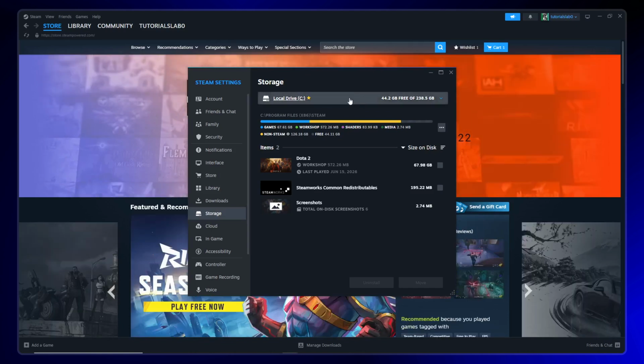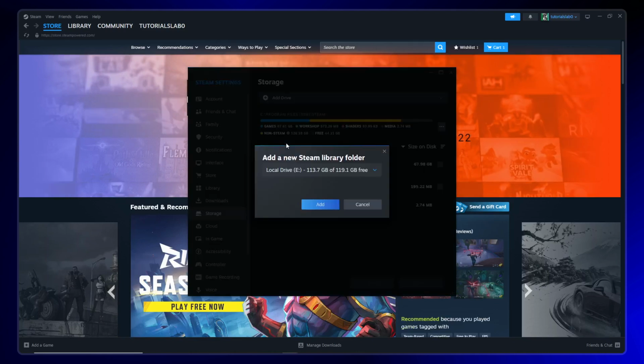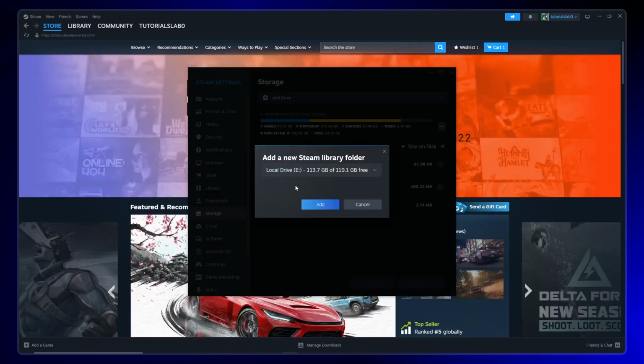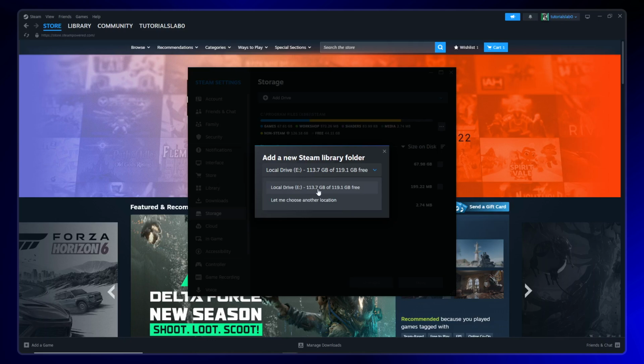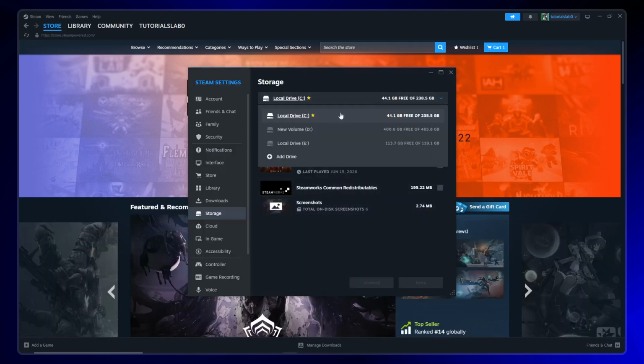Click the drop-down menu and select Add Drive. This opens up options for adding additional storage locations for your Steam library. Next, click the drop-down menu to select your preferred local drive. Once you've chosen the drive you want to add, click Add. This will register the new drive as an available storage location for Steam, giving your games more room to breathe